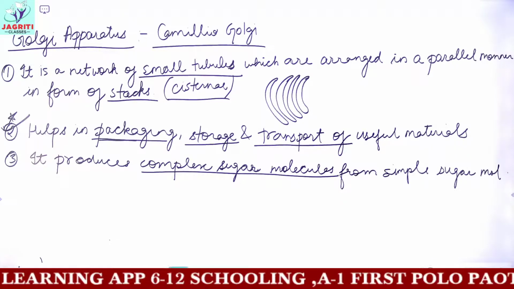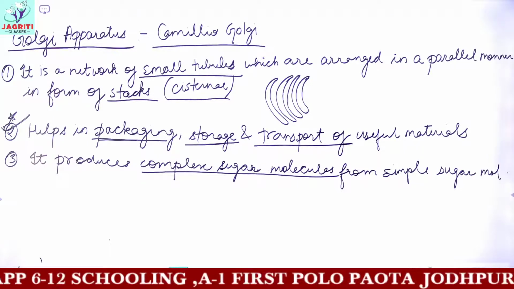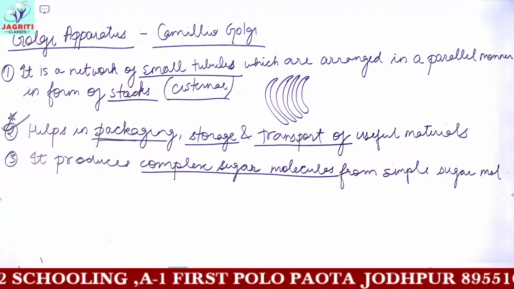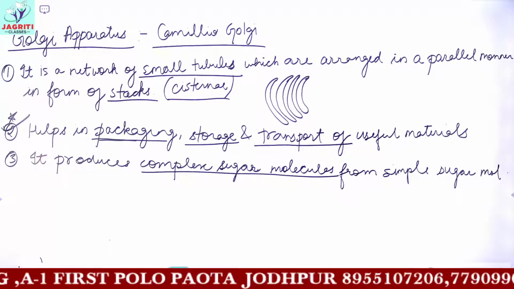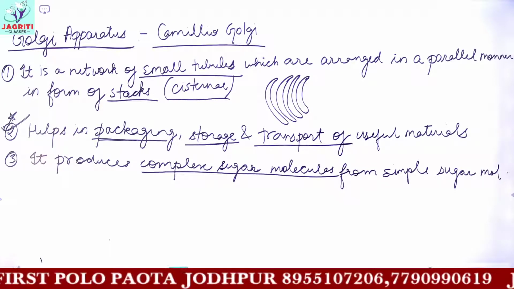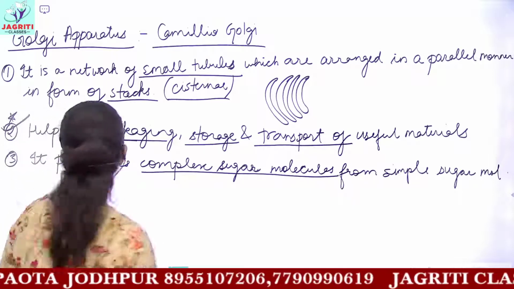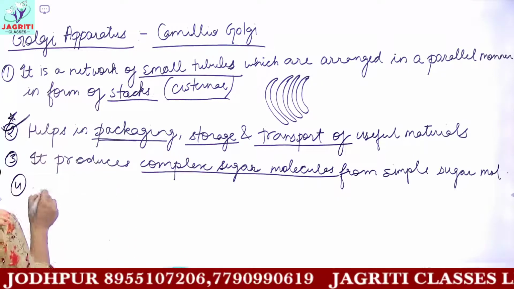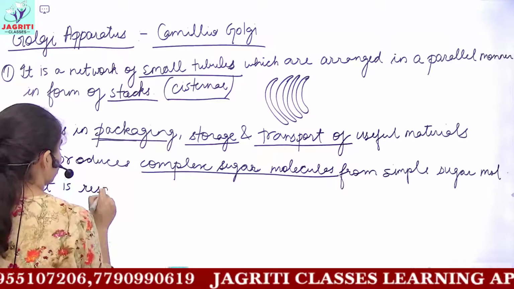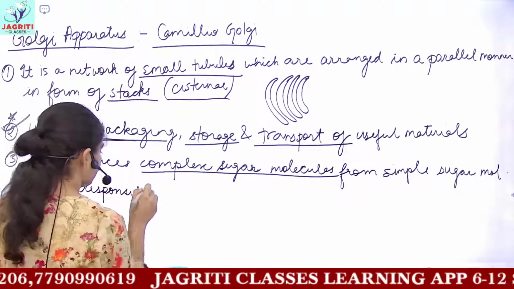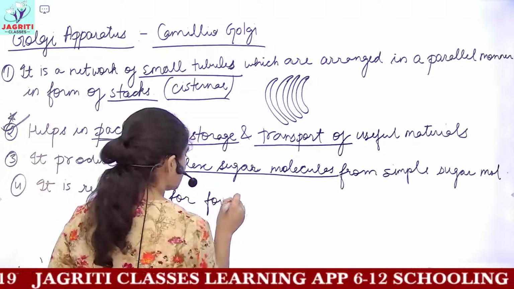We have done the cytoplasm, we have done the endoplasmic reticulum, and the next we did now was Golgi apparatus. Now another function which is given in your books, in the last line on Golgi apparatus in your textbooks on page 64, is that Golgi apparatus is also involved in the formation of lysosomes. So you can include one more function, that it is responsible for the formation of lysosomes.